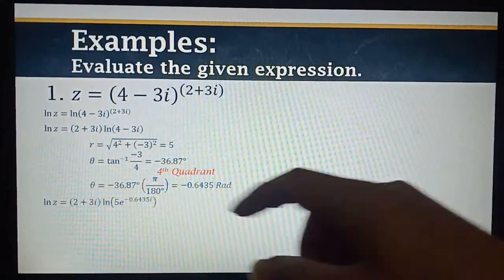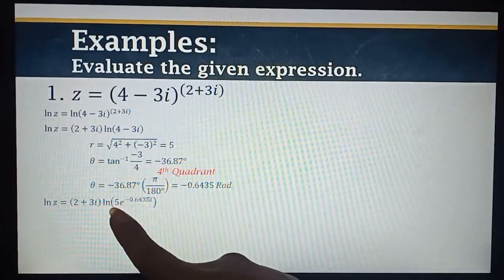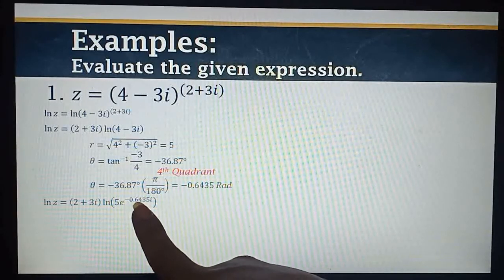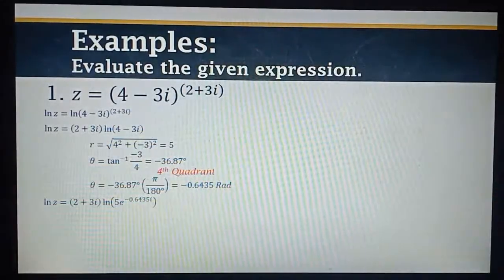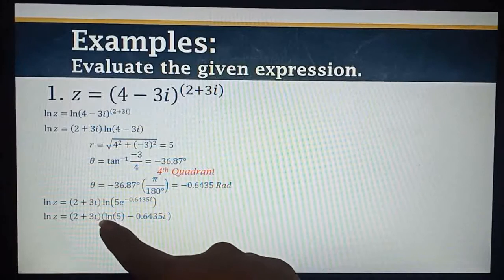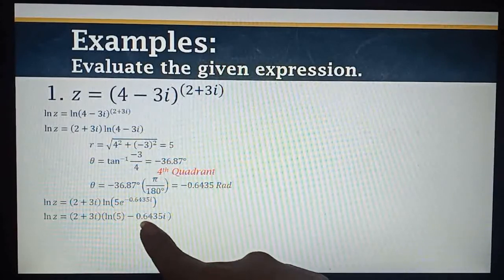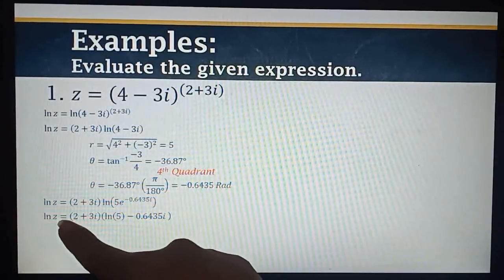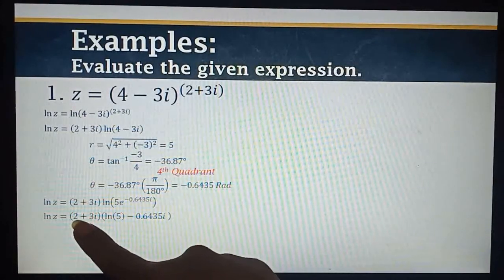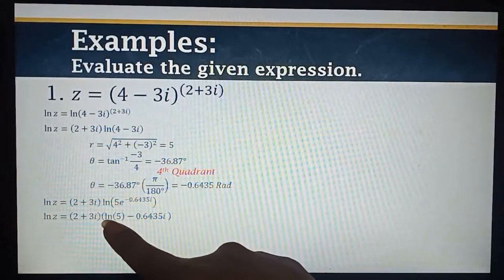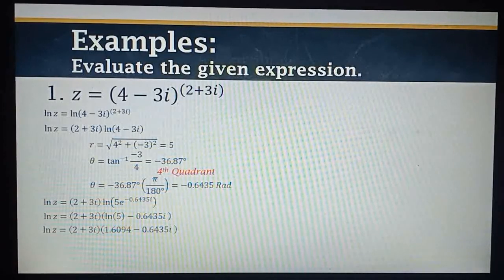Now, let's apply this. You will now have ln of r e raised to theta i, which is ln of 5 e raised to negative 0.6435i. But it is multiplied by 2 plus 3i, which is equivalent to ln of z. Then we apply the ln of r plus theta i. You will now have ln of 5 minus 0.6435i multiplied by 2 plus 3i. That is equivalent again to ln of z. Then, we multiply the complex number 2 plus 3i by another complex number, ln of 5 minus 0.6435i, wherein the ln of 5 is